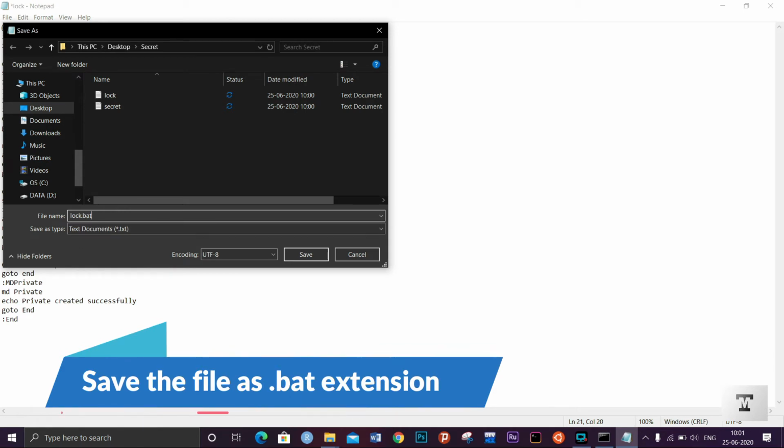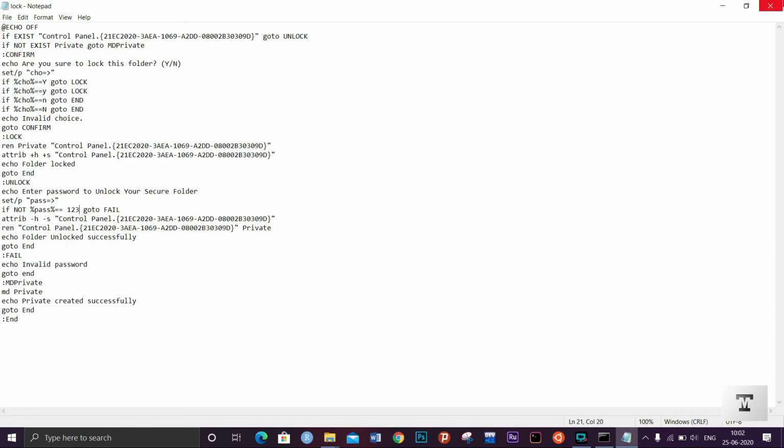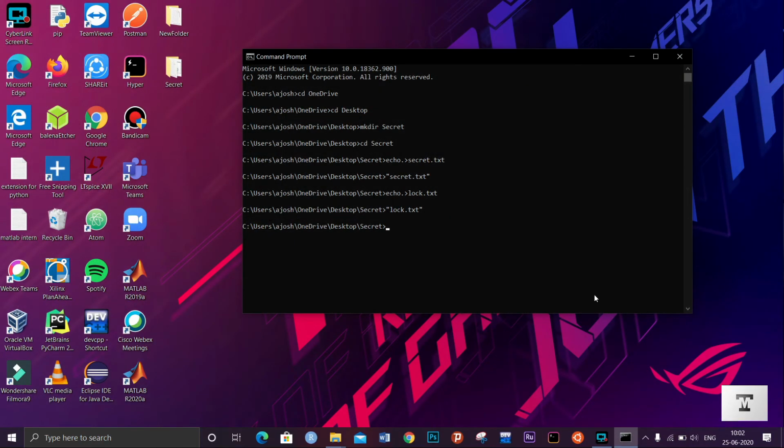Now you have to change the extension of it, so you have to make it a batch file and change the save as type to all files, and save in the same folder which you want to hide. So just click on save and close it.